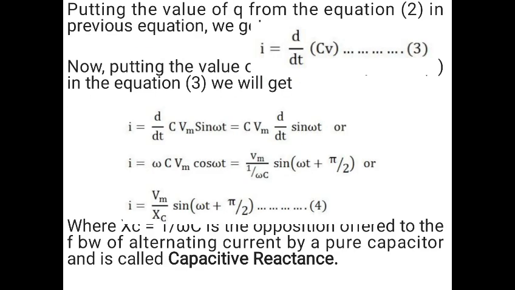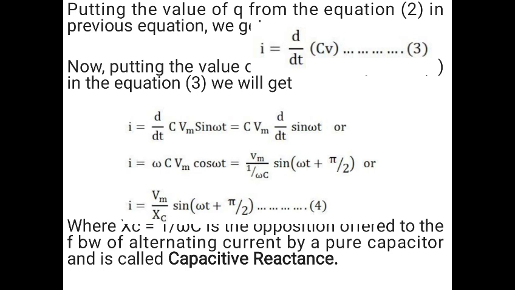Putting the value of the charge Q from equation 2 in this previous equation, we get I = d/dt of CV, and substituting the value of V in the above equation, we get the current equation as I = C Vm d/dt sin ωt, and it can be written as Vm/Xc sin(ωt + π/2), where Xc = 1/ωC is the opposition offered to the flow of alternating current by the pure capacitor,